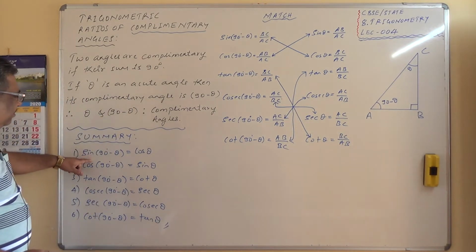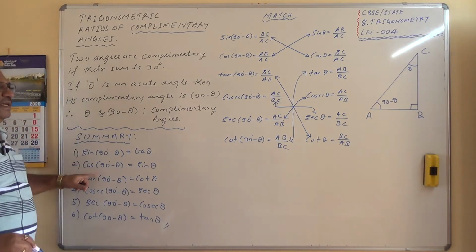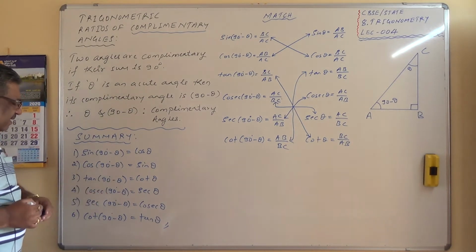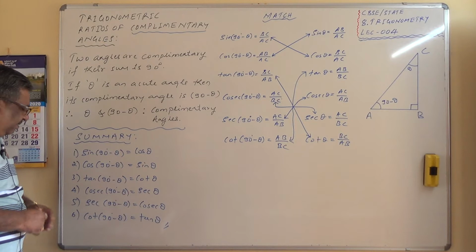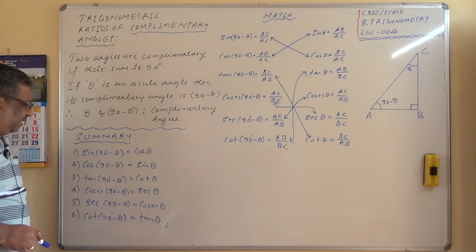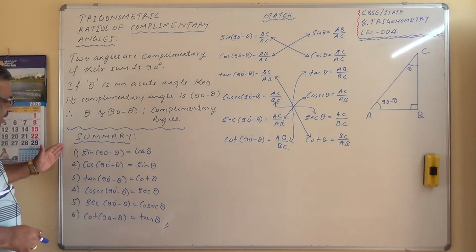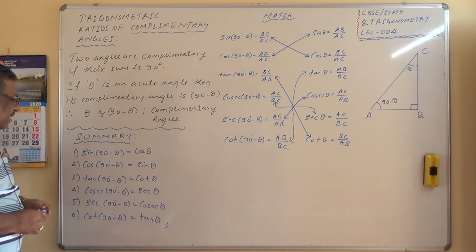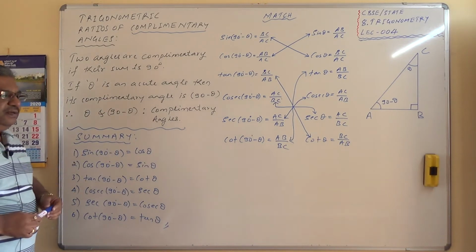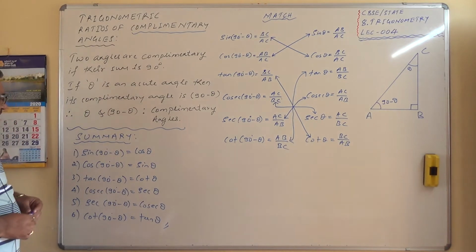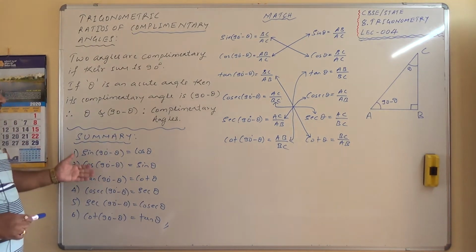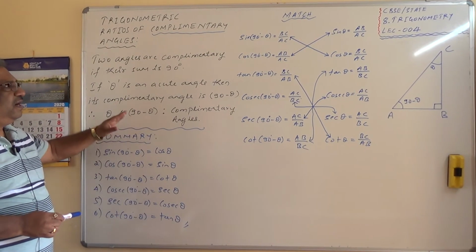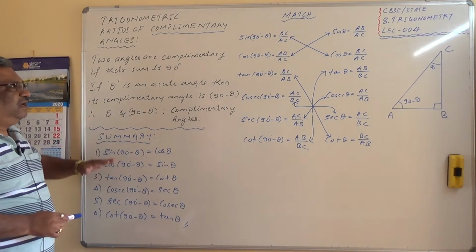Sin 90 minus theta equals cos theta, cos 90 minus theta equals sin theta, tan 90 minus theta equals cot theta, cosec 90 minus theta is sec theta, sec 90 minus theta is cosec theta, cot 90 minus theta equals tan theta. So that's all. These are the trigonometric ratios of complementary angles. Now, based on this summary, we'll try to solve some numericals. Before that,